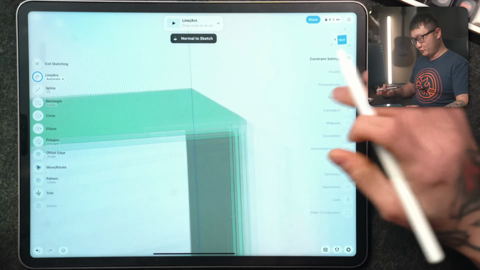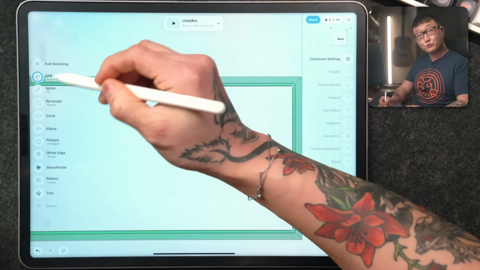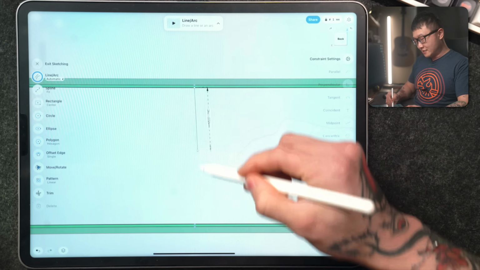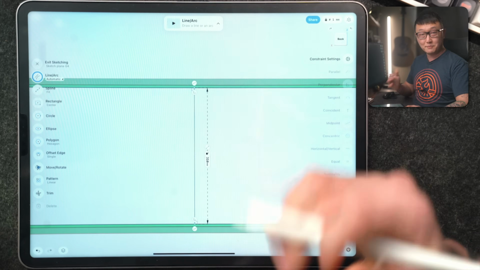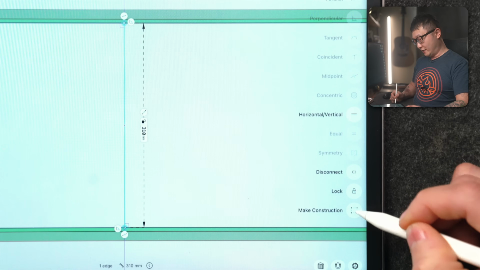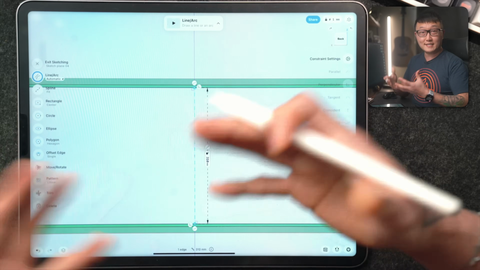Okay, let's go back to our back view and make sure that the line tool is selected. And we're going to draw a vertical line from this top midpoint to the bottom midpoint. And pick this line and select this make construction function. Now our line is turned into a dashed line, meaning this is now going to be used as a reference